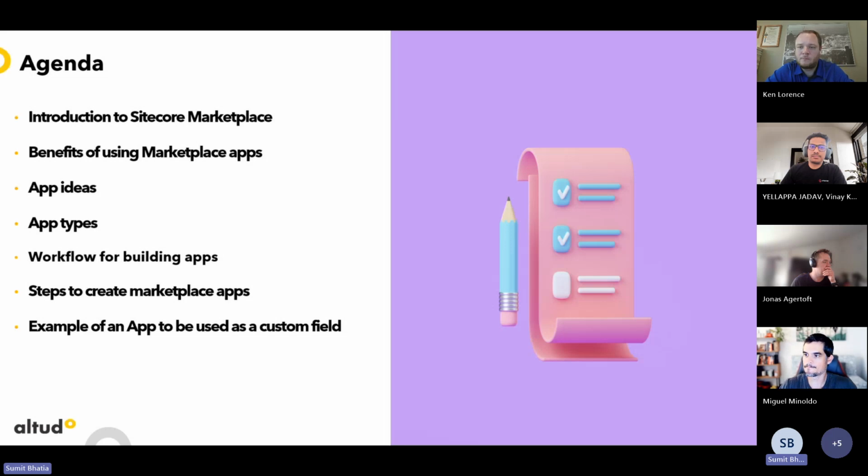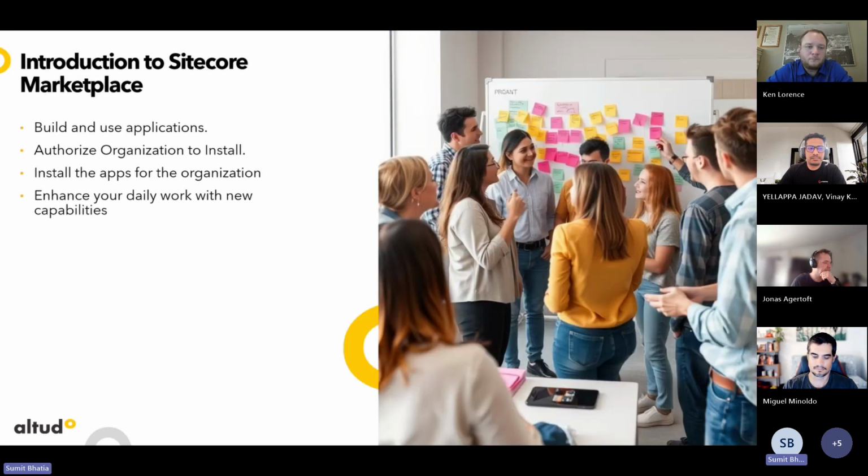I'll also demonstrate the process of creating and configuring my marketplace app, where I will show what the requirement was in my last project and how we tried to solve that using this app, without doing any customization inside Sitecore AI. And finally, we'll go through the practical example, where I create the custom field that I'm talking about for Sitecore AI using a Marketplace app. So the Sitecore Marketplace